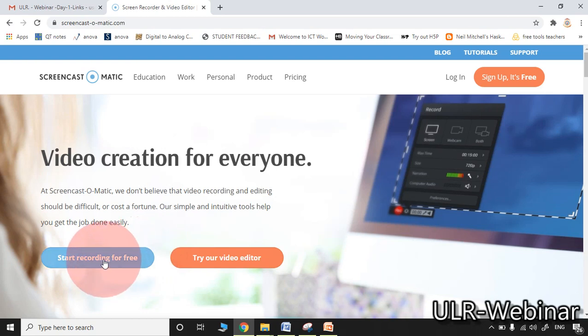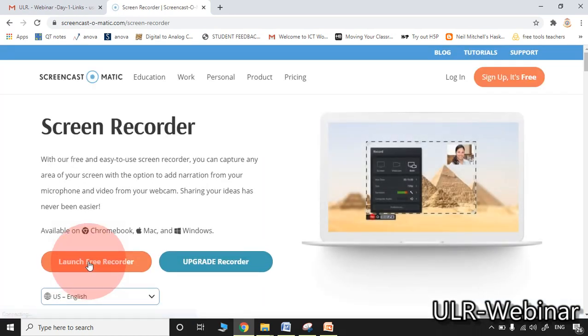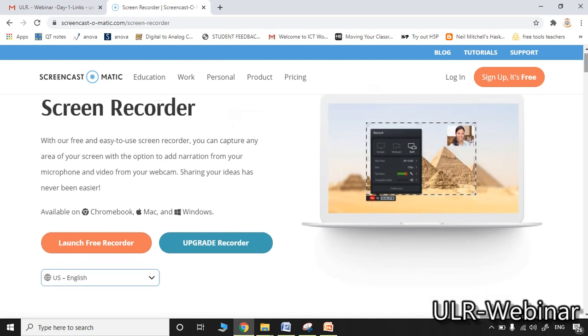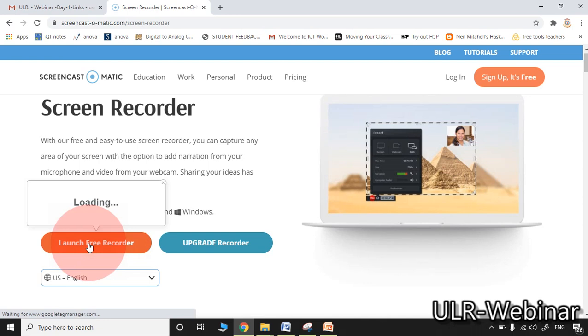So here please observe, start recording for free. I am clicking here. So now observe, launch free recorder. It is compatible with Chrome, Mac and Windows versions. I clicked launch free recorder.